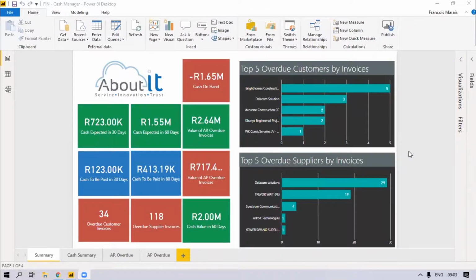in your business. So as you can see, I've got 4 sheets in here: your cash summary, AR overdue, and your AP overdue. And what I'm going to do now, after the report has been created, is publish it to the web. In other words, I want to make it into a cloud environment. So I, as the developer, am completed with the report, it's signed off, and I'm going to publish it to